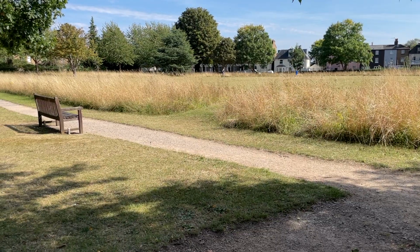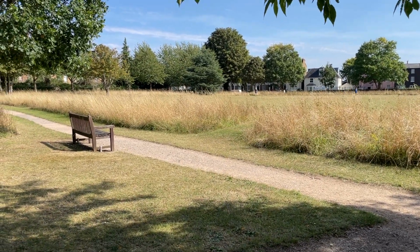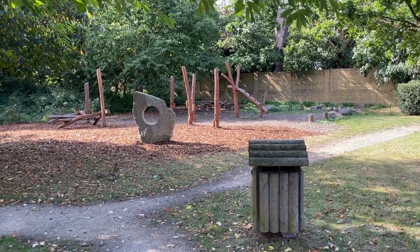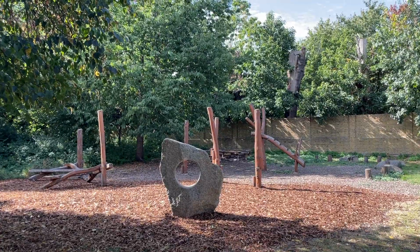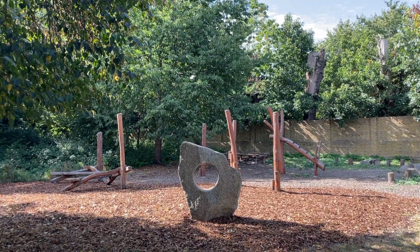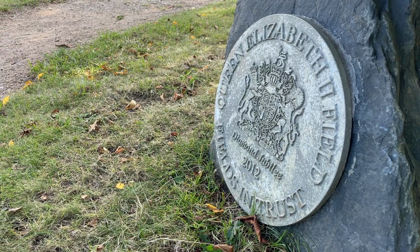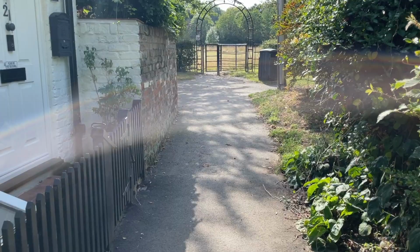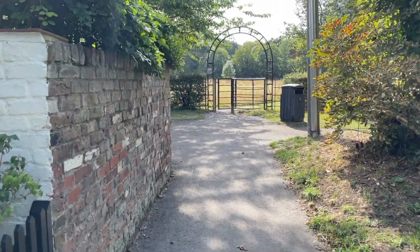The Friends are an informal group that meet on a quarterly basis for meetings to decide what activities we're able to do in the park, what management. We work in conjunction with the Borough Biodiversity Officer, who is also very helpful in suggesting opportunities and the things that we can do. But to be honest, the park is the park. It's been here for over 1,000 years. And so our prime task is to improve the biodiversity,